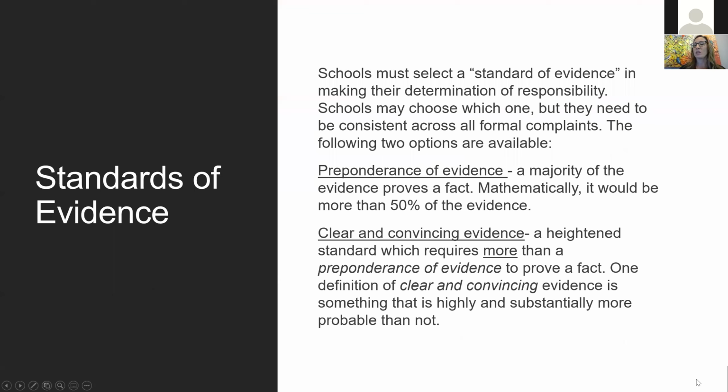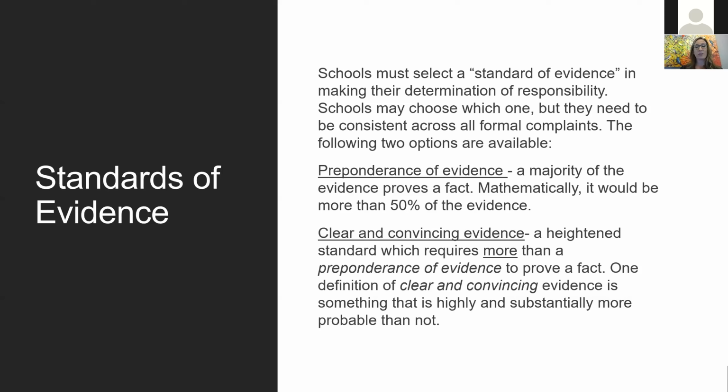So standard of evidence, when you have to select a standard of evidence. This is a little cloudy to me. I had to consult with the Assistant Attorney General at our office, because I'm not an attorney, to understand preponderance of evidence and clear and convincing evidence. I had no idea. How do you distinguish between those? And you get a choice. When you're determining responsibility and looking at evidence, you get to choose one of these 2 standards of evidence. And you have to be consistently using that standard throughout all of your decisions.